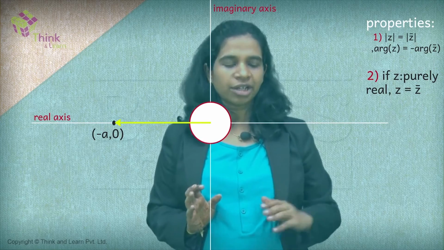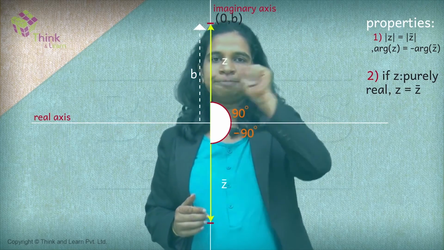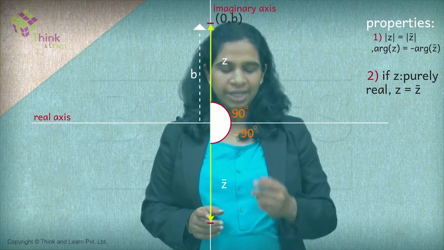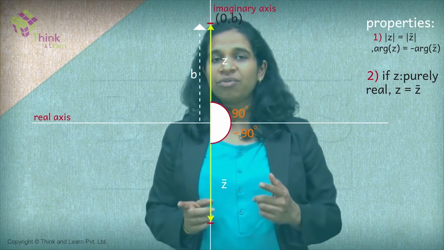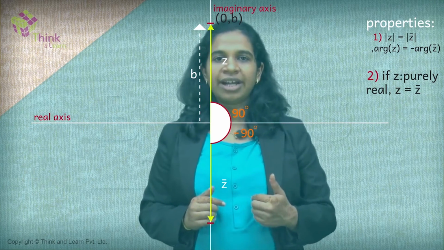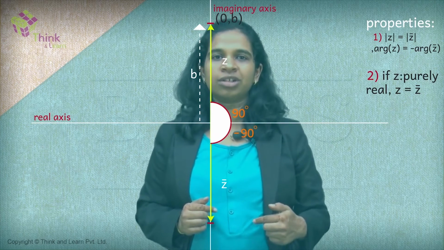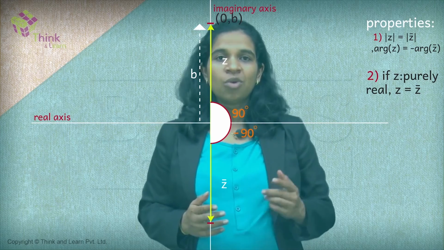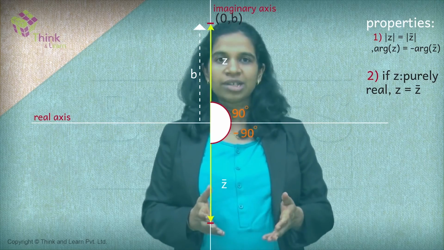So let's look at purely imaginary now. The same z again. Purely imaginary means we are going to move it and take it on the imaginary axis or the y-axis. What did you see happening to z bar? It coincided perfectly with the negative side of the imaginary axis. The only difference now is, instead of being equal, they are actually negatives of each other. Now you see z and z bar. Z bar is nothing but the reflection of z about the origin, which is what happens when you take a negative. When we learned subtraction, when we took z2 and negative of z2, we basically reflected it about the origin. That is what is happening here.